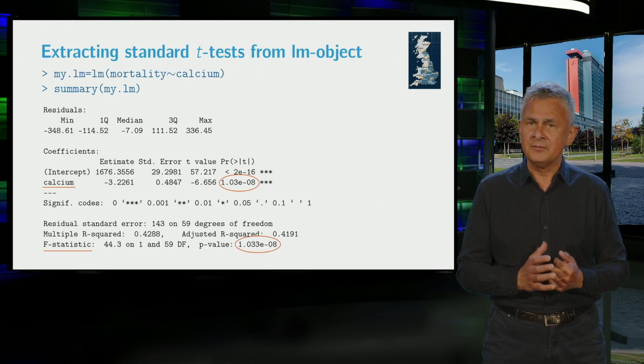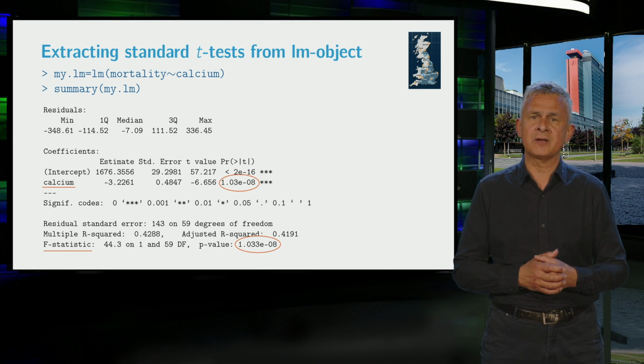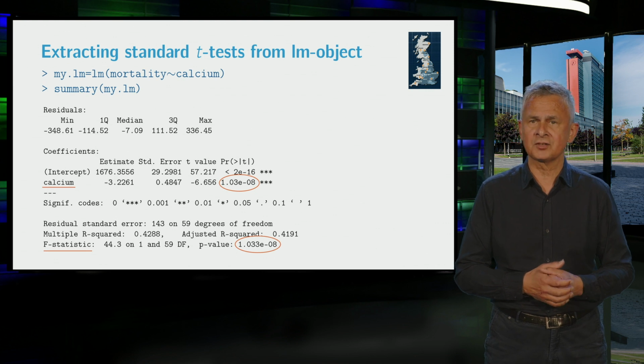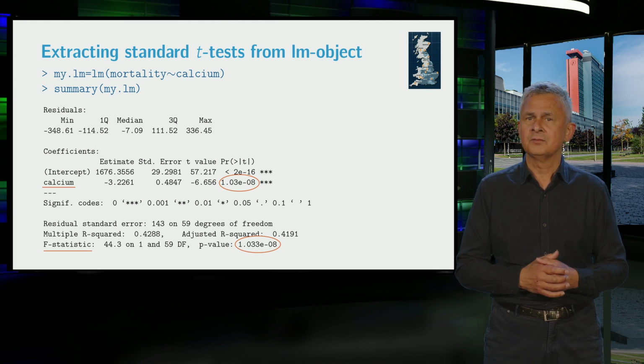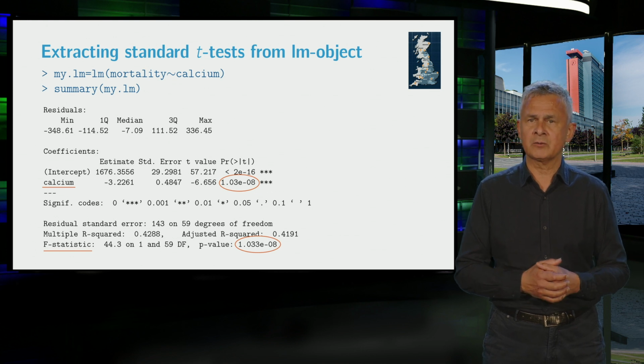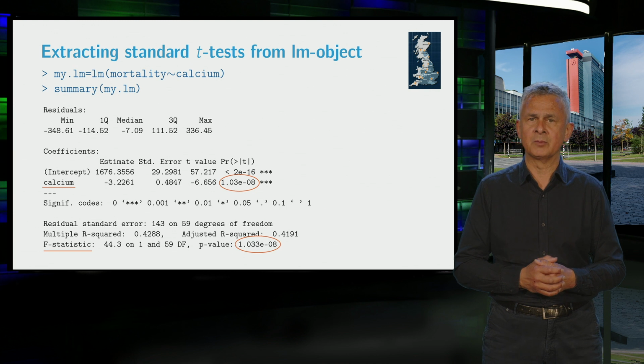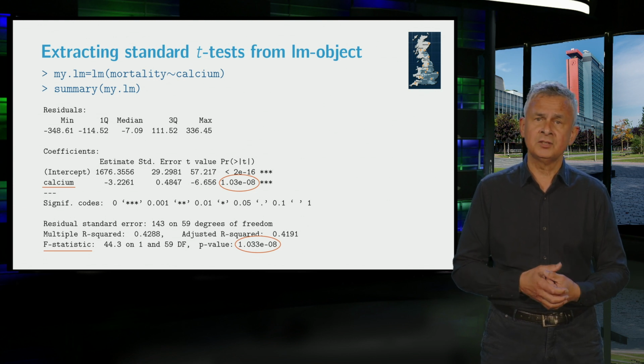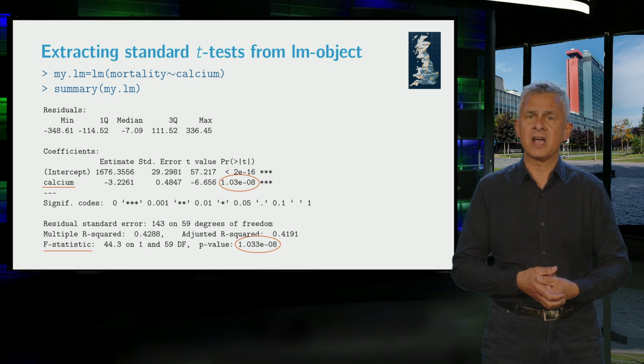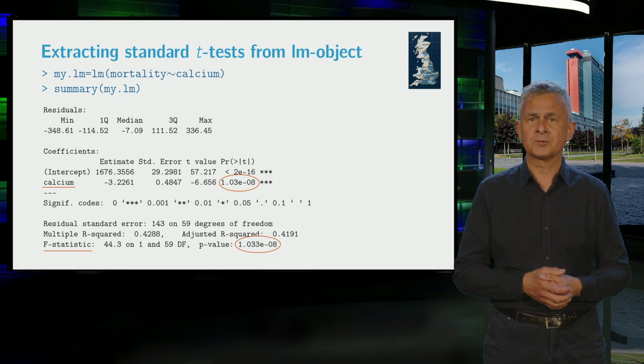One last remark. In the output of summary, you may have noticed that the p-values for testing beta equal to 0 and the one corresponding to what is called the F statistic are exactly the same. This has to do with the fact that the simple linear regression model is a special case of a multiple linear regression model. In the simple linear regression model, we have just one x variable, whereas in the multiple linear regression model, we may have more than one x variable. With just one x variable, the t-test for beta is equivalent to what is called the F-test.